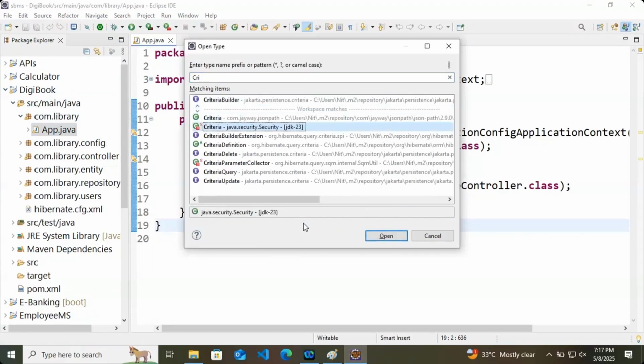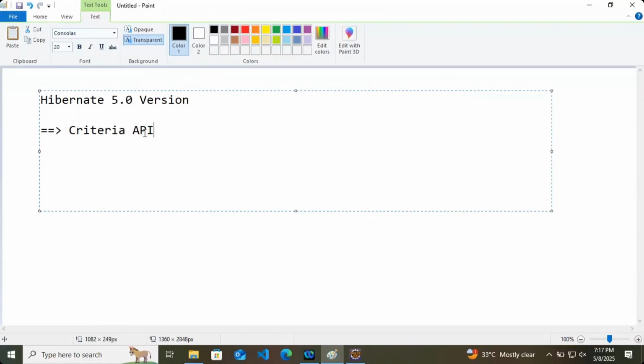So it used to provide something called criteria API for versions less than 5.0. But after 5.0 version, this particular thing has become criteria builder API. Instead of criteria, it became criteria builder API.